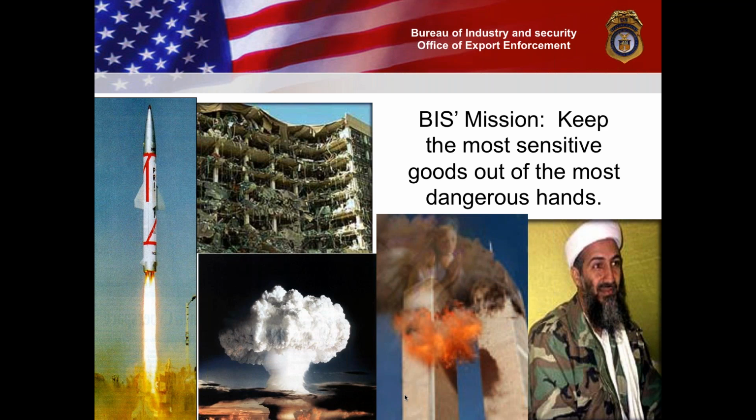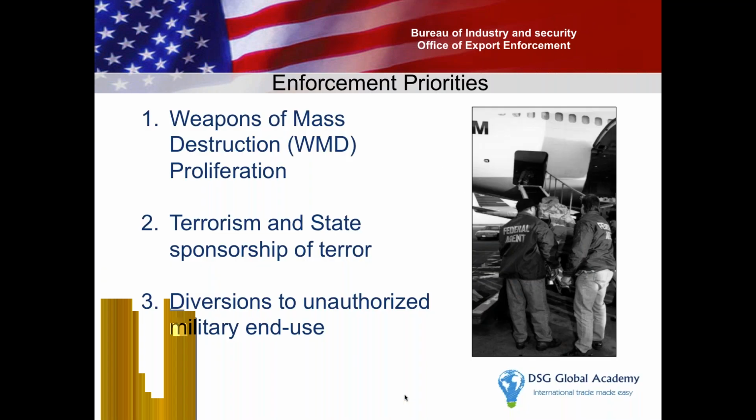Those goods are known as dual-use items. These dual-use items are very important for the government to monitor because they could be used as weapons of mass destruction. And certain state sponsors of terrorism, or certain countries that are not really friendly with the United States, like to buy these dual-use items